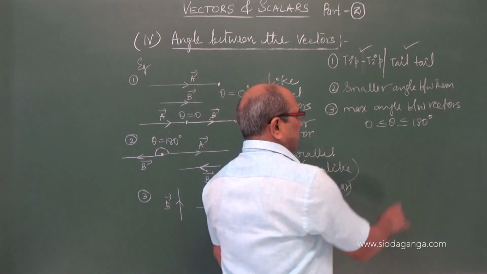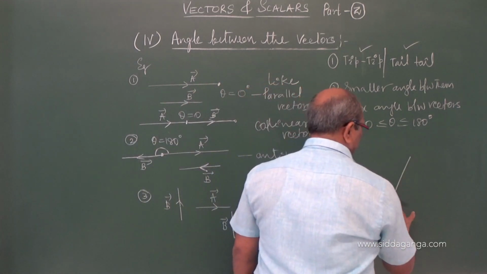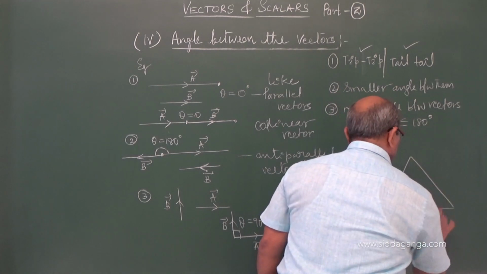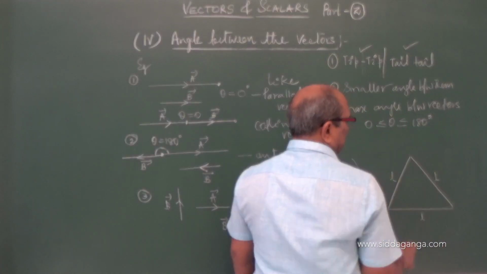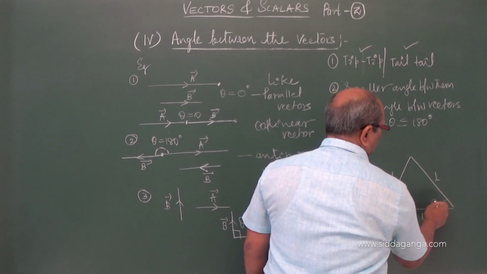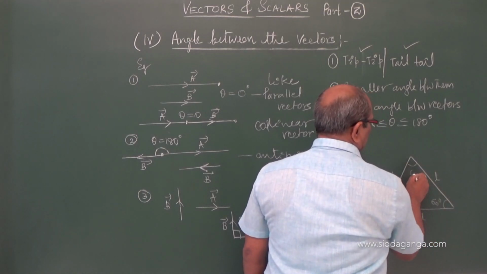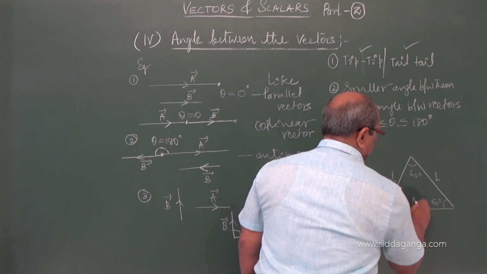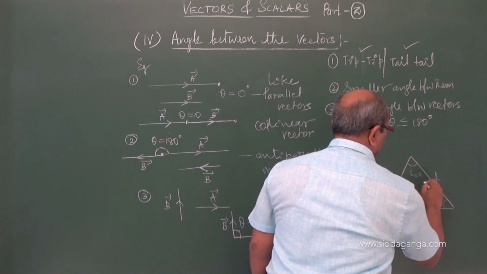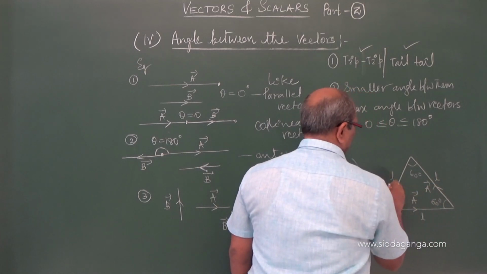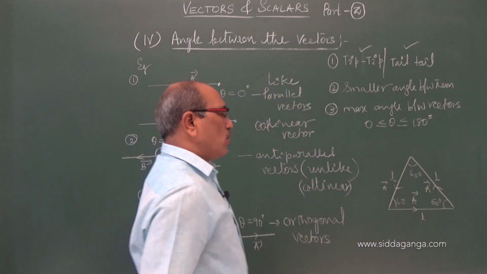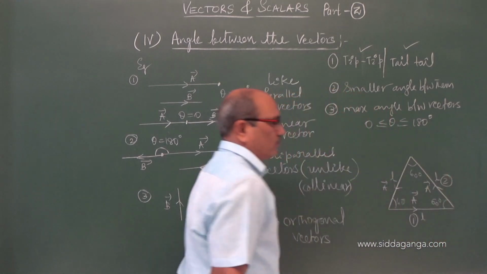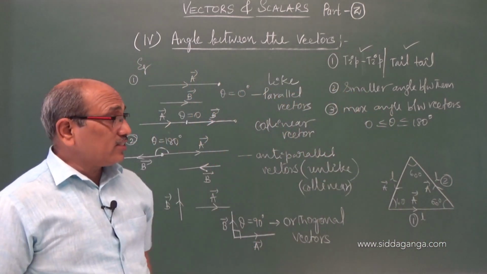Let us take an example of an equilateral triangle. Please listen to my words, equilateral triangle. All the side lengths are the same, and inner angles, as you know, become 60, 60 and 60 degree. If they are represented as three vectors, vector A, what is the angle between this first and this second vector? Immediately you will say 60.